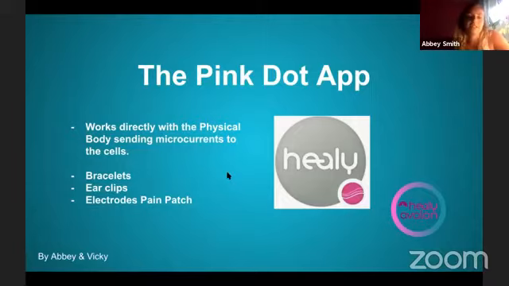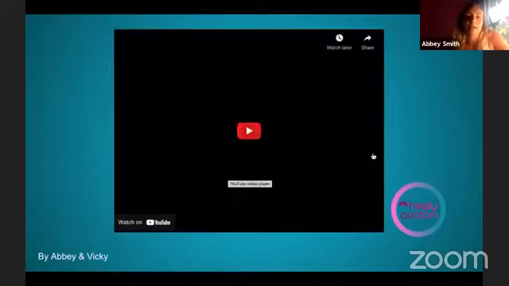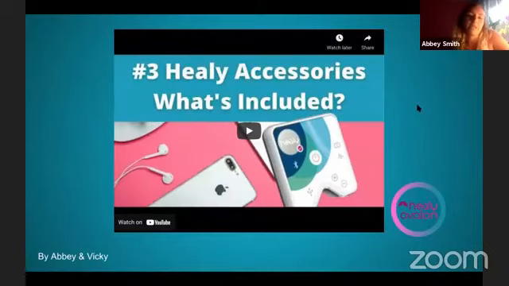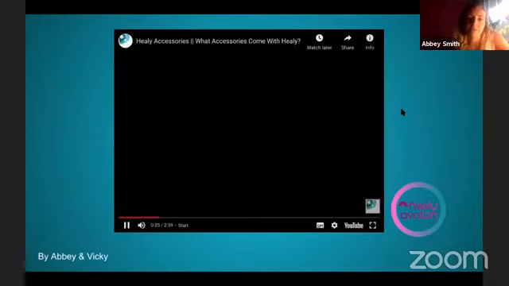So I think the next one is actually a little video which shows you how to put Healy on the body. I'm not going to do that because we're going to do a demo and I don't want to take up all the time. So Healy connects with the body with ear clips, with wristbands, and also with electrodes that you connect directly on the body itself, where the pain area is, for example. This is actually my favorite way to do Healy, to work directly with the body. There is another way to do it. So we're just going to fast forward